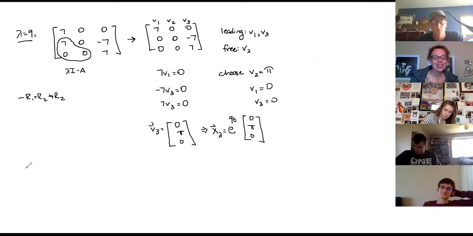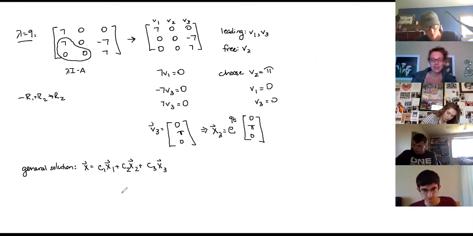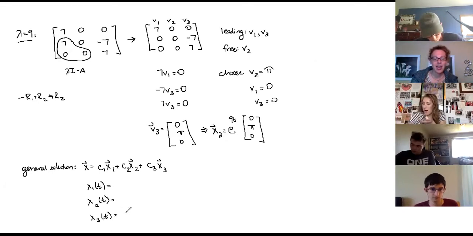All right, so let's go to the general solution. Here's my general solution. I am going to have vector x equals c1 vector x1 plus c2 vector x2 plus c3 vector x3. That's my general solution when I put all of this back together. Or I can do function x1 of t, function x2 of t, function x3 of t. I think I'm going to get this right, but catch me if I'm wrong because I'm going off of memory from the previous slide. C1 e to the 2t